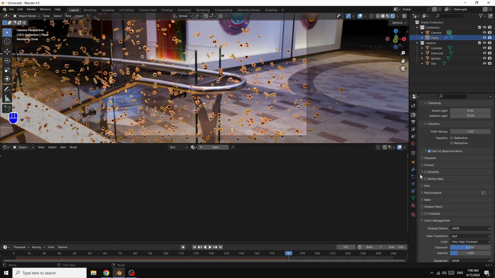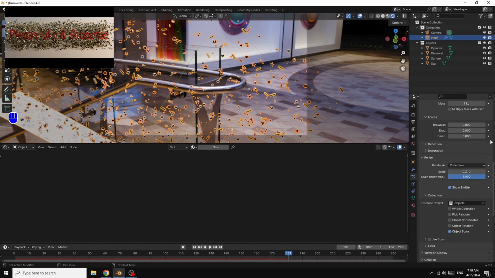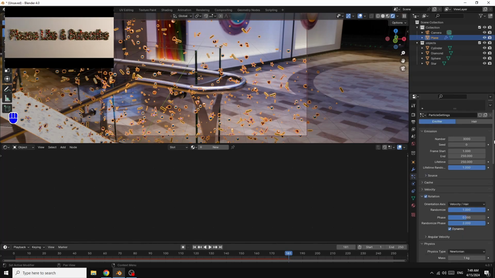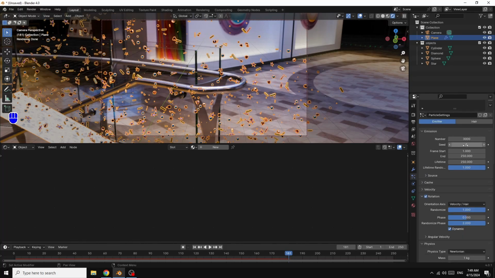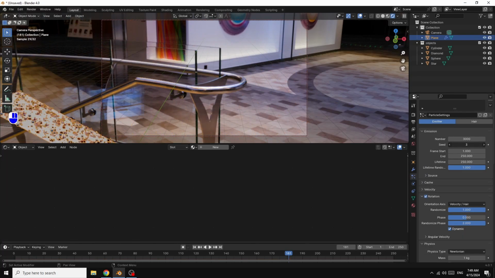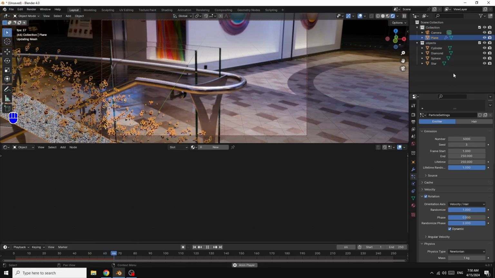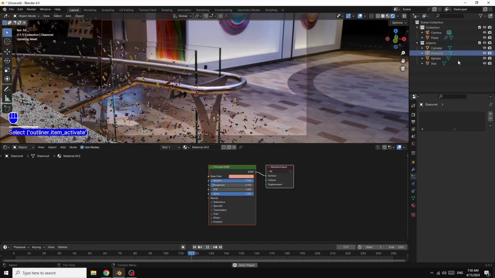I select the plane, I go here, and give it the seed, maybe. I make it 3. And I increase the number here maybe to 5,000. Now if we play, we have this